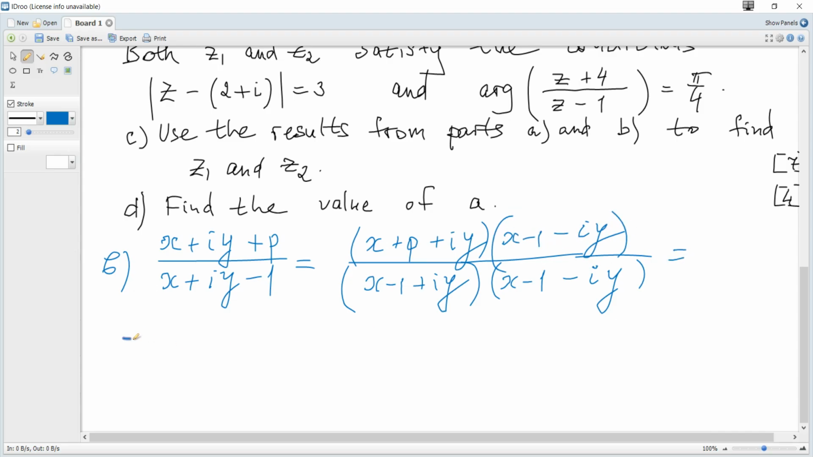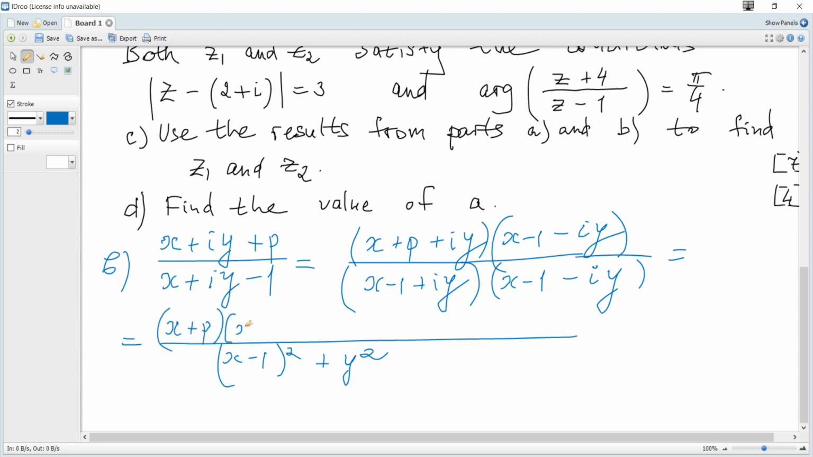So we get (x minus 1) squared minus, but i squared is negative 1, so plus y squared in the denominator, and just expand the numerator to get (x plus p) multiplied by (x minus 1) plus iy multiplied by (x minus 1), minus iy multiplied by (x plus p), and this multiplied by this minus, and i squared is negative 1, so it's plus y squared, and it is equal to